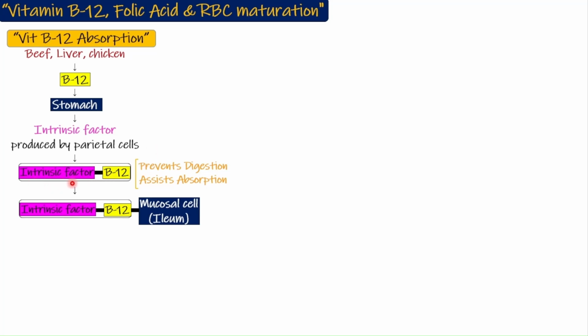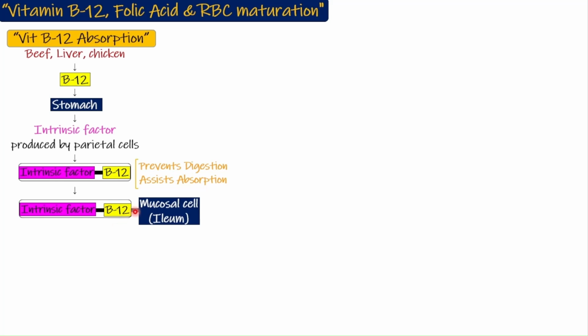It prevents the digestion of vitamin B12, and it also assists the absorption of vitamin B12. So the main function of intrinsic factor is the protection of vitamin B12 from digestion and also its absorption. Intrinsic factor protects vitamin B12 and then takes it